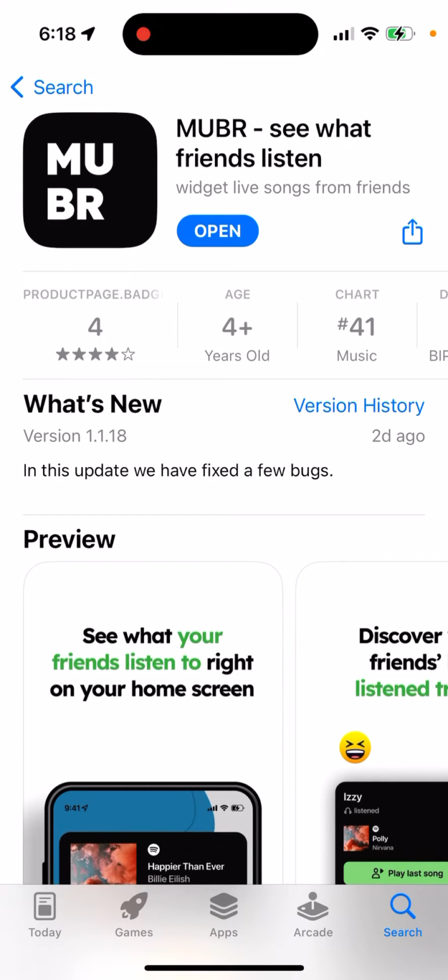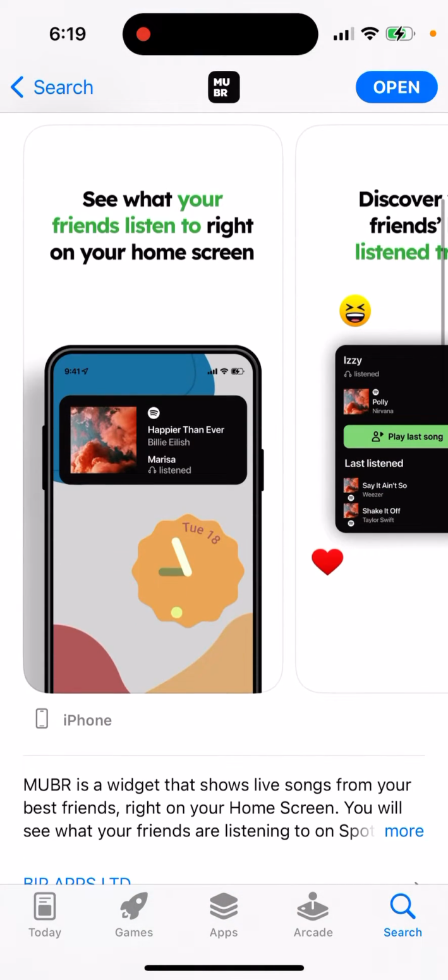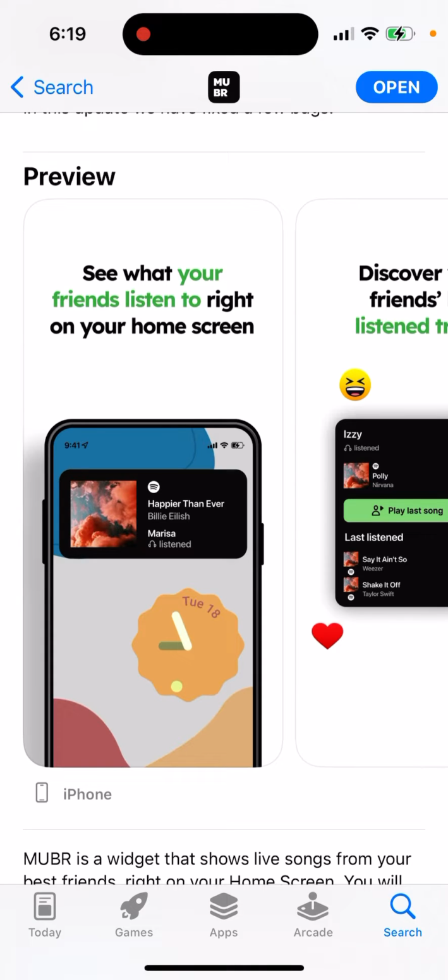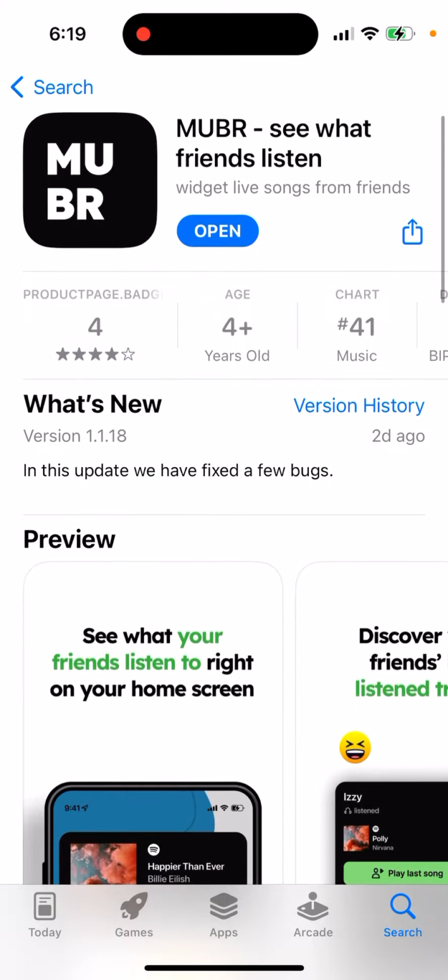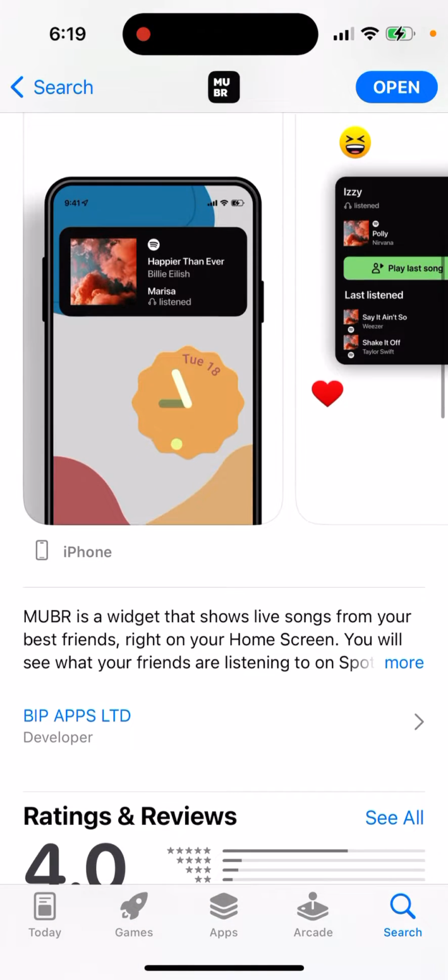Here is a very interesting app called MUBR, to see what your friends listen to. So how to use it? The main idea of this app is in widgets. So you just log in with Spotify. By the way, I don't think you can use it with Apple Music yet, but anyhow, you just log into this